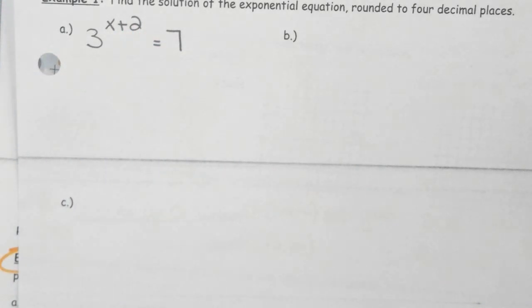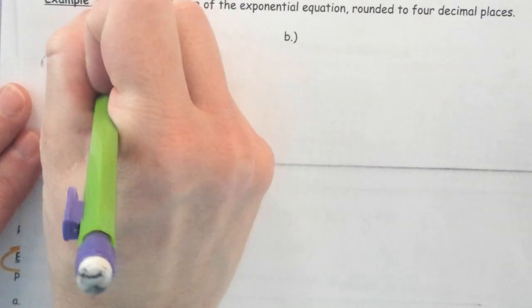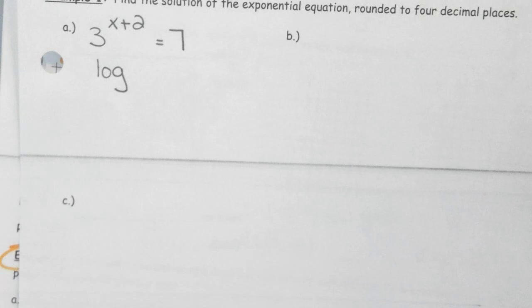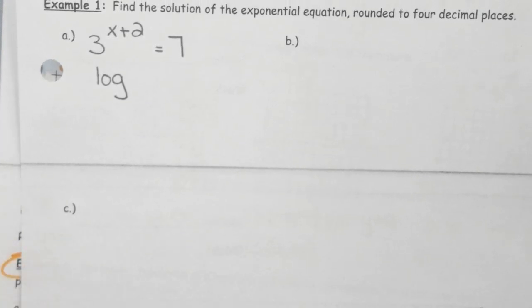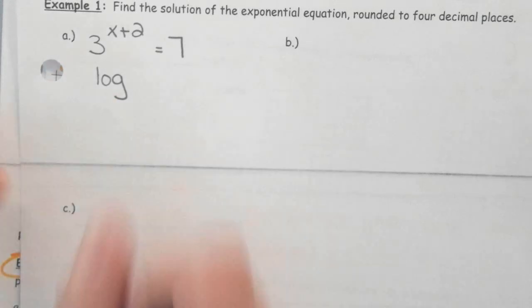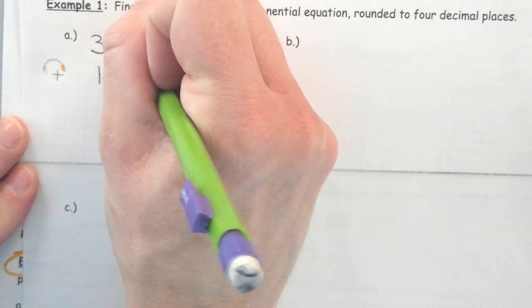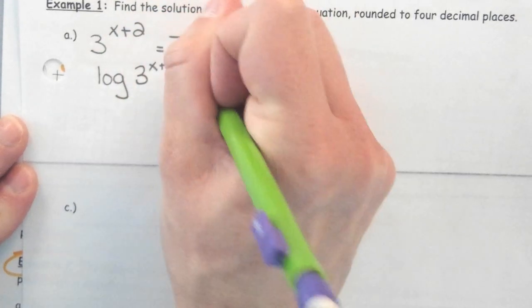Perfect. Now we're going to take the log of each side to help bring the exponent down, because we're going to use one of those rules that we got in 4.4. Now, because not all of us have new software, I'm going to use log to the base 10, because why would I put myself through change of base and other stuff if I don't have to? So I'm going to use base 10 all day long today for the most part, unless it's helpful to use natural log. If I encounter some e's, I might switch, but otherwise I'm going to use log to the base 10. So log to the base 10 of 3 to the x plus 2 equals log to the base